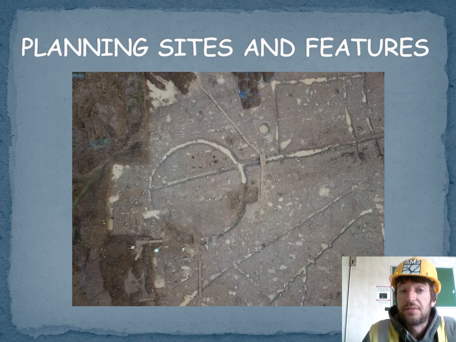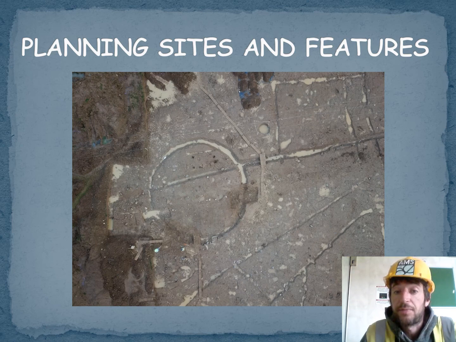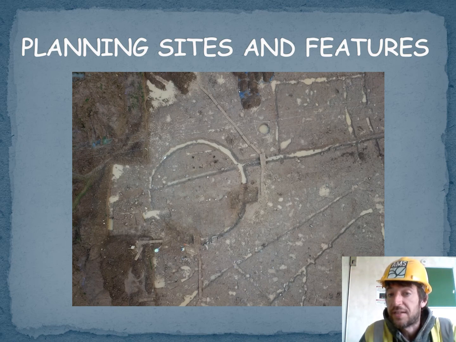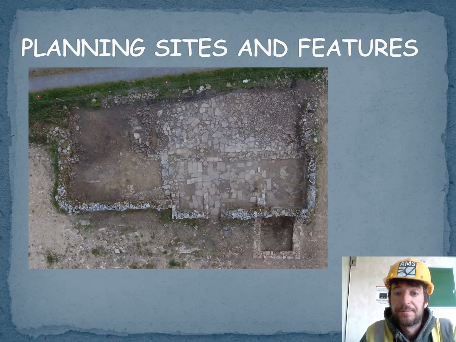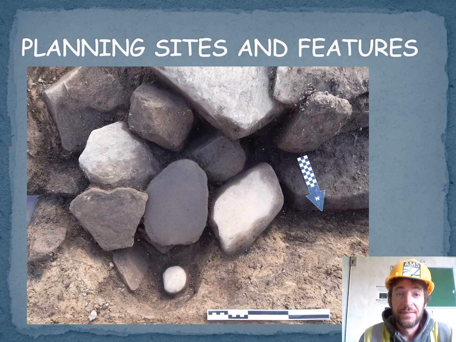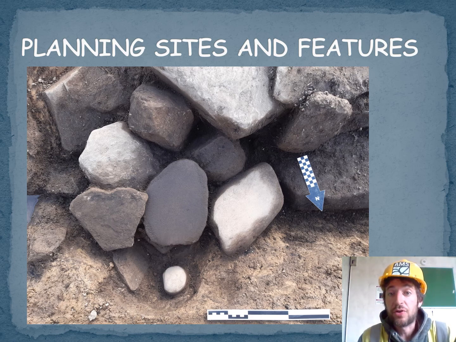And we're on to the planning the sites and features part of the presentation. So as you can see here, it's a large site with circles and lines, squares and rectangles. This is the foundation of an old cottage, maybe similar to something that your great-grandparents lived in. Here is an arrangement of stones within one of the slots from the roundhouses that you've seen earlier. This is the last feature. You can now get ready to go back and record all the stuff that you found.